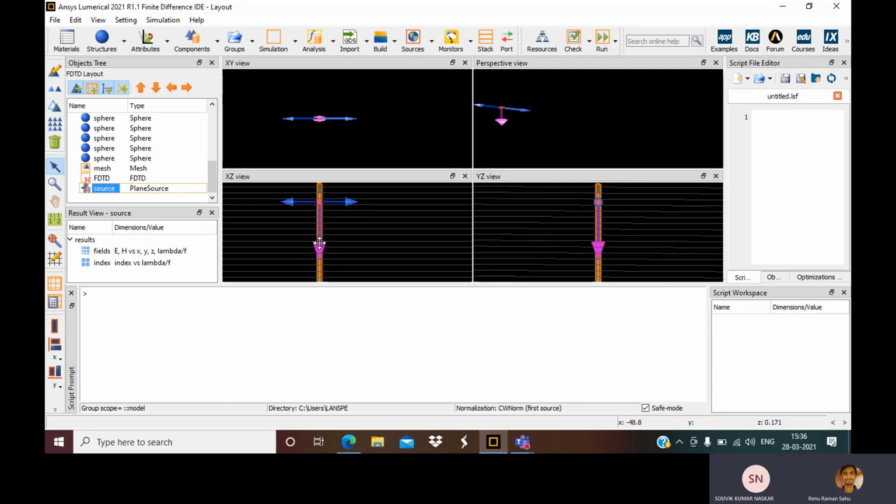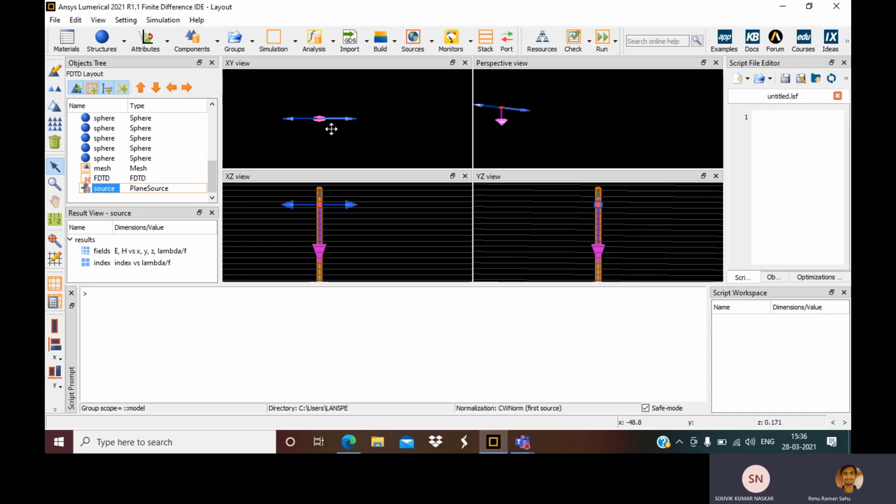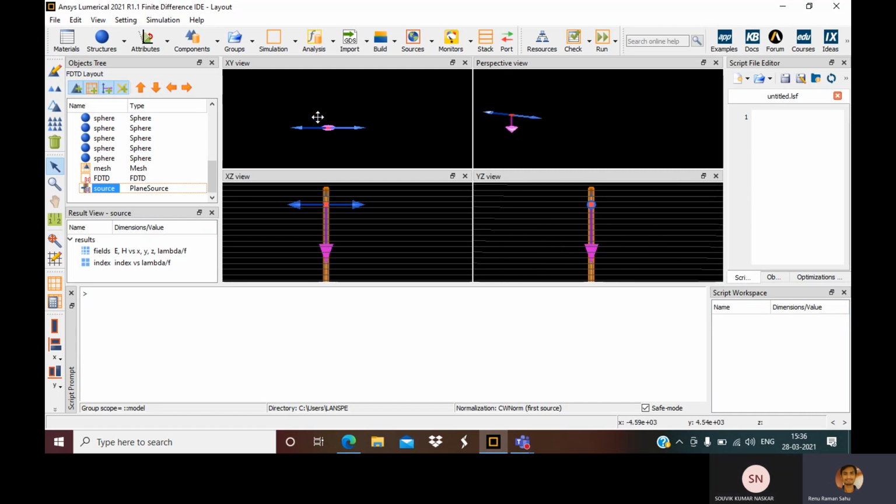I'm trying to adjust the size so that it is properly visible.